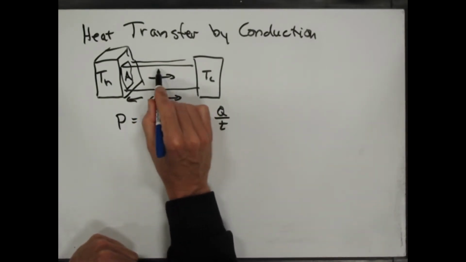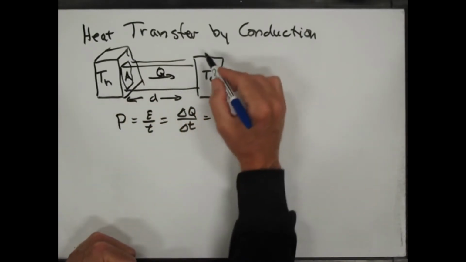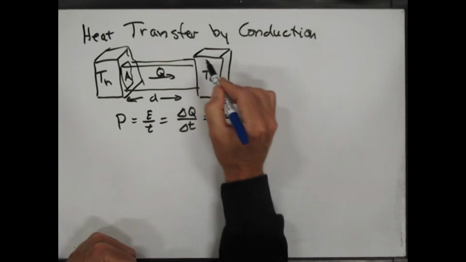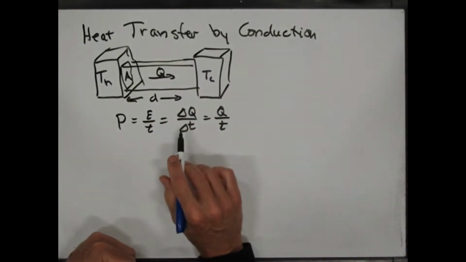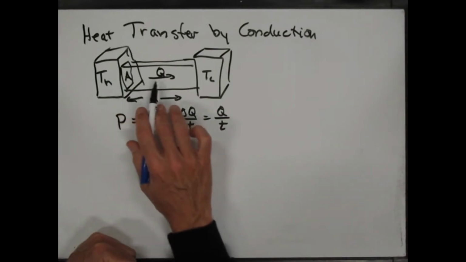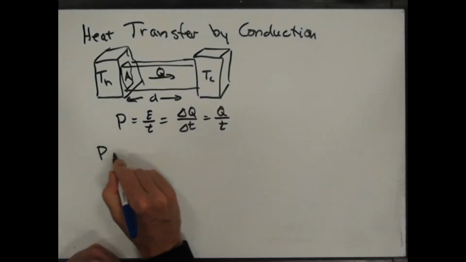That's the heat flowing this way, the Q, the energy leaving this guy and going into this guy. I should draw him 3D also, maybe, if we're going to do that, right? And so this is the power, the energy per time that's transferred across here. And so it turns out the power depends on